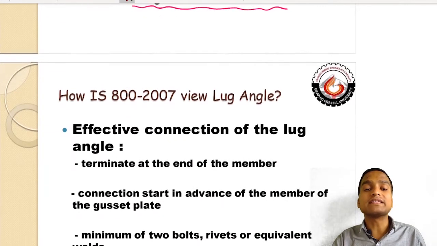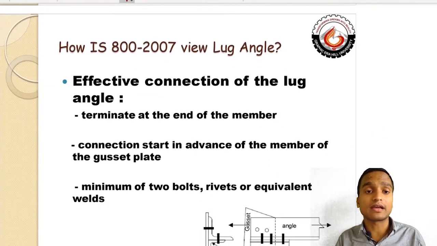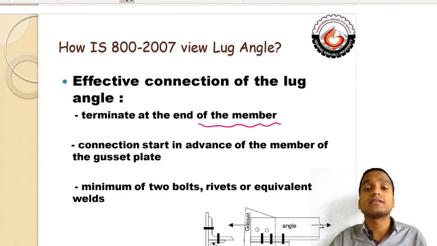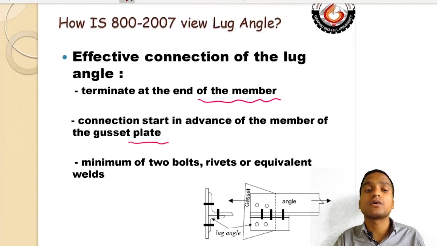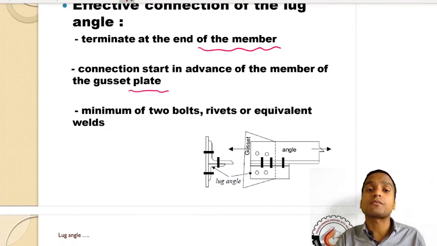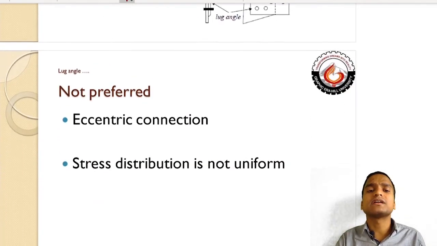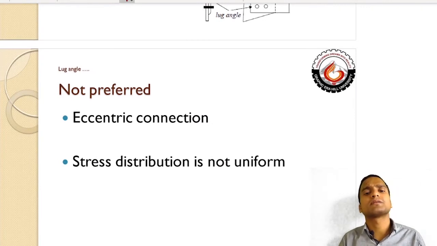Okay. So how does IS 800 view lug angles? They view it with effective connection of the lug angle which terminates at the end of the member, and the connection of the main tensile member with the lug angle starts in advance of the member to the gusset plate. And a minimum of 2 bolts or rivets or equivalent welds has to be provided if we are going to use lug angles. Alright. But nowadays lug angles are not much preferred, because it leads to development of eccentric connection,